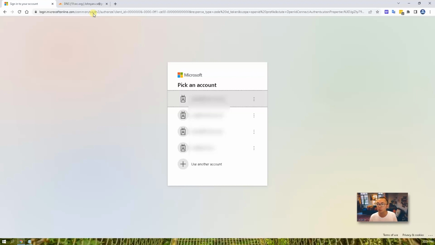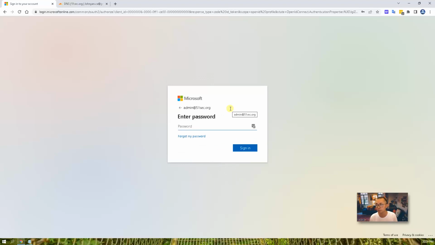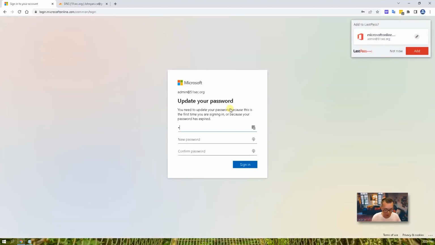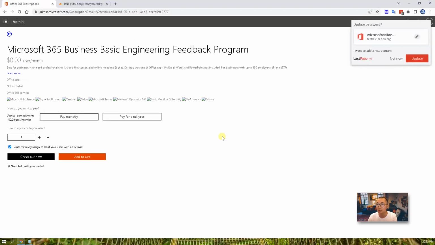Now it is asking you to pick an account to log in. So we're gonna use the new account we just created, which is admin. The password. You may be asked to update your password since this is the first time to log in. After you change your password, you will be redirected to an ordering page for this Microsoft 365 Business Basic subscription, and it is coming from the engineering feedback program. Even on this page, some images are not showing correctly, but you are still able to order this subscription without